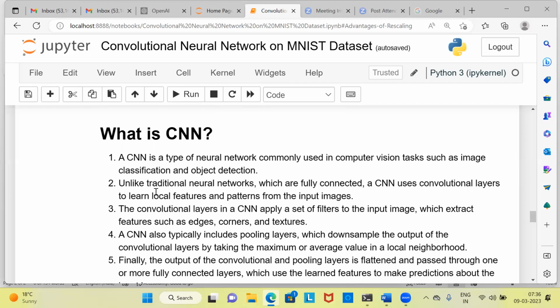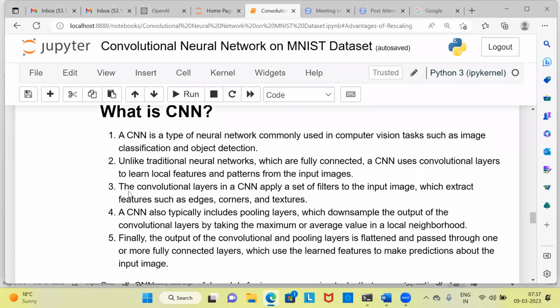The second important point here is, unlike traditional neural networks, which are fully connected, a CNN uses convolutional layers to learn the local features and patterns from the input images. So this is one big advantage of a CNN as compared to a traditional neural network model. Let's now talk about the third point. The convolutional layers in a CNN apply a set of filters to the input image, which extract features such as